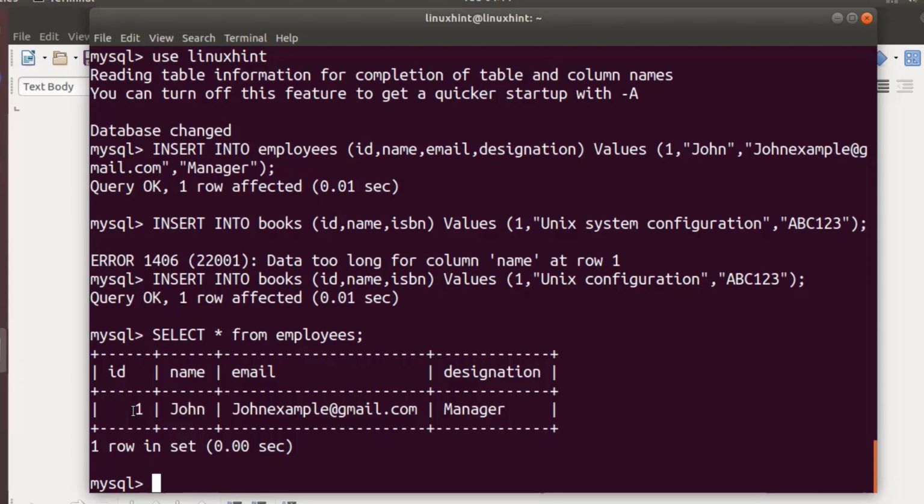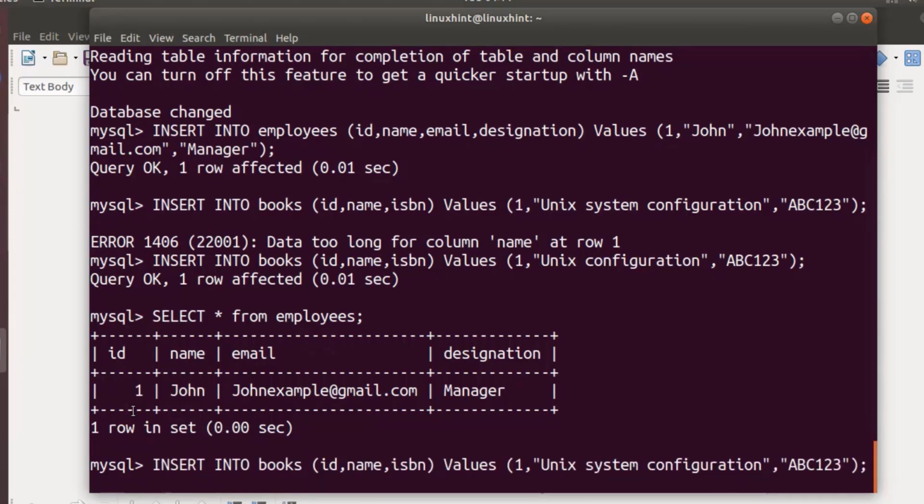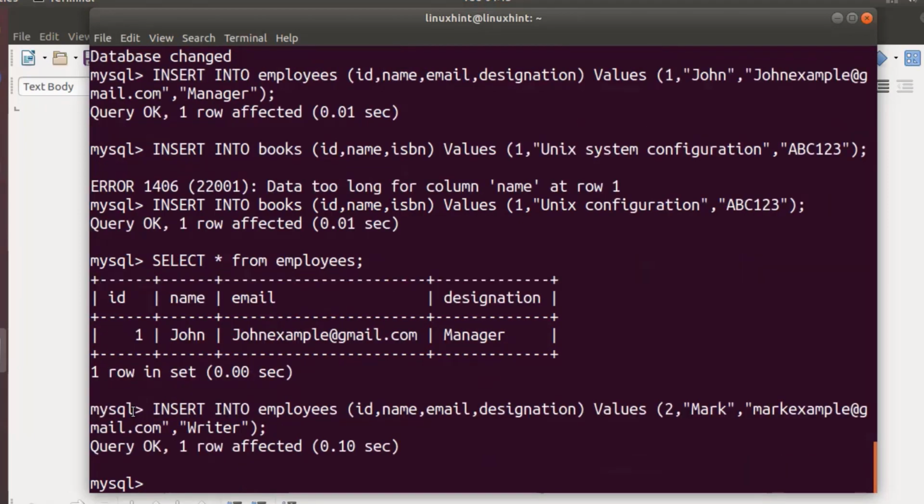So let's add a new row into this table. The query of insert will remain the same, but we have to edit the values. And the name of the employee is Mark, and the email is markexample@gmail.com, and he is a writer. Alright, hit enter, execute the query again, select star from employees,